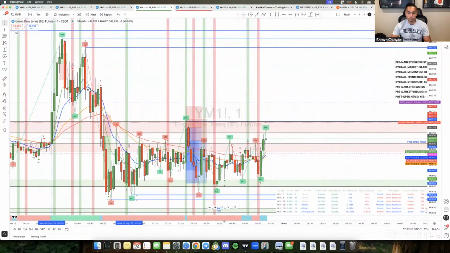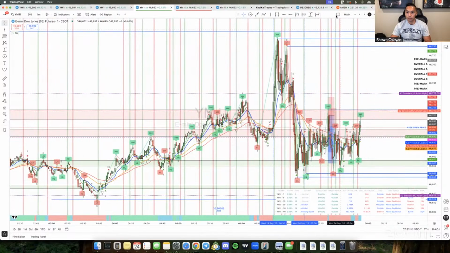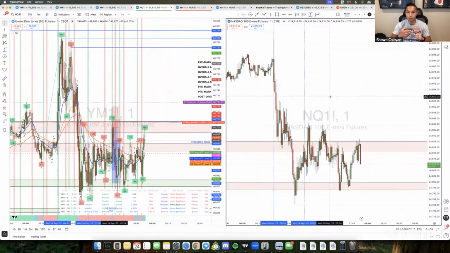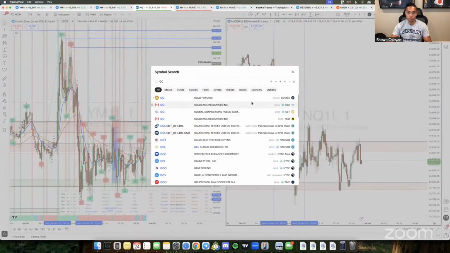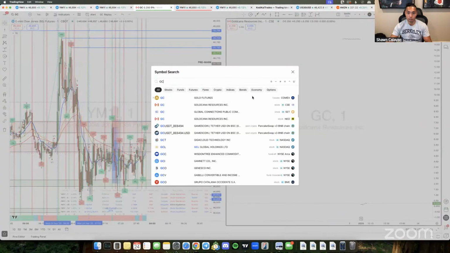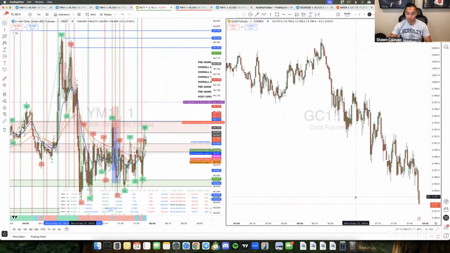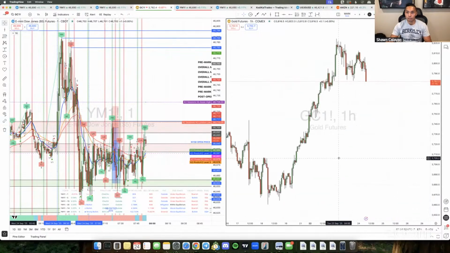Actually, let's take a look at gold right now. I didn't even think to look at gold. There's three main assets, if you guys are looking at different assets to trade: YM, NQ, ES, and GC, which is gold. Oops, wrong asset. Yeah, so gold's actually dropping right here. It's basically selling off. What I'm expecting right here is a possible continuation back up, though. So gold may dump a little bit right here, and then tomorrow, if the GDP data is, I would say negative, you want to look for negative GDP data